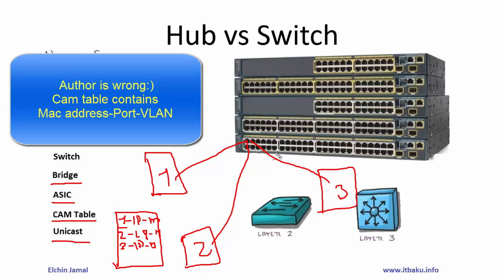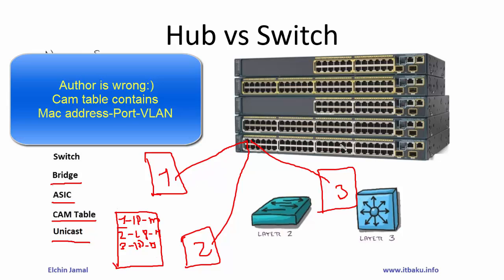For the first time, when some device is going to connect to this device, or this device is going to connect to other devices, of course, the switch sends a broadcast signal. No, I didn't say that right. For the first time, when device number 1 or device number 2 is going to connect to this device,